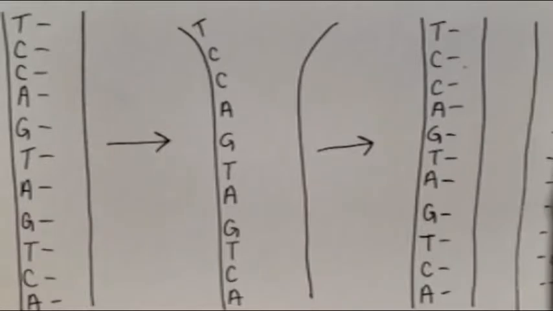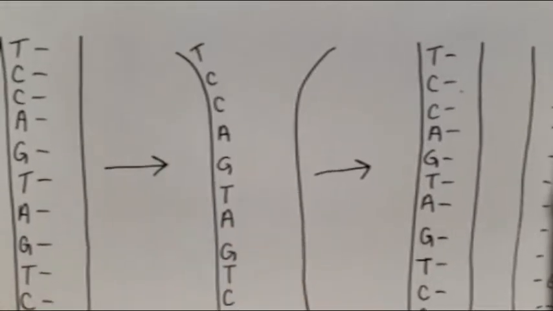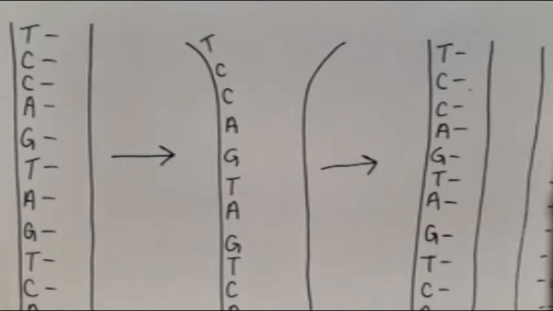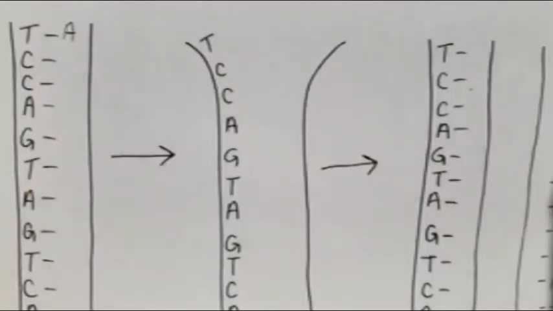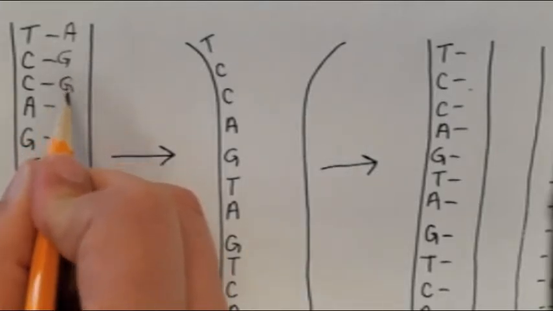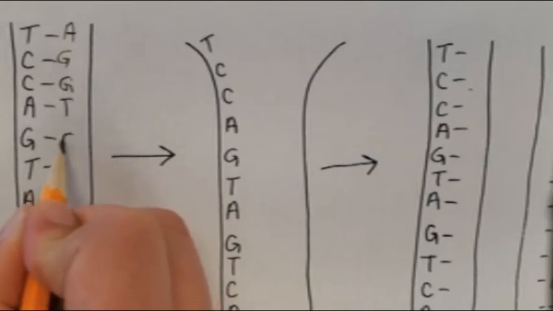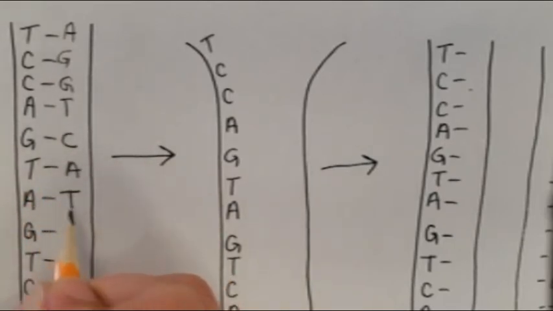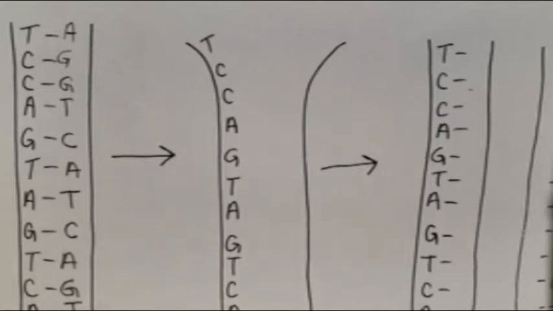So the very first thing we need to do is I have only half of my DNA information here, right? And I need to do my base pairing matches. So I'm going to ask you, what matches with T? T matches with A. C matches with G. C matches with G. A matches with T. Okay, so here's our normal piece of DNA, okay,